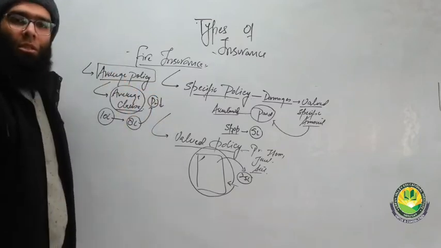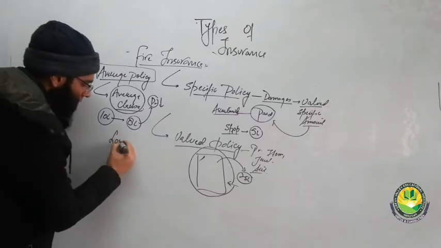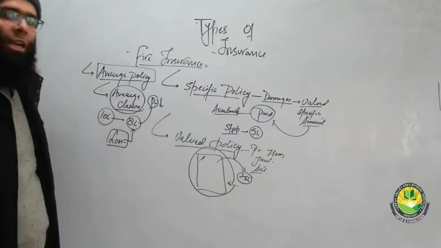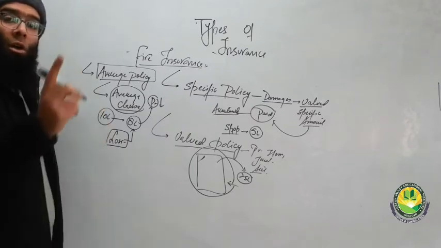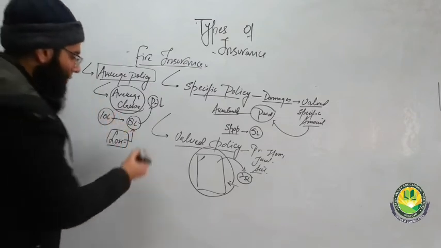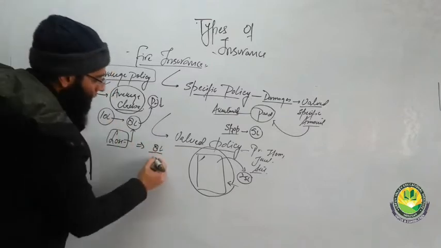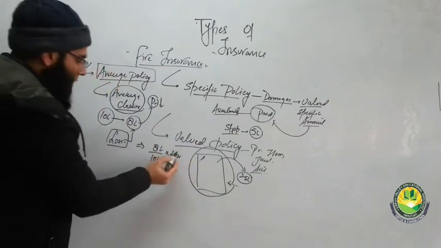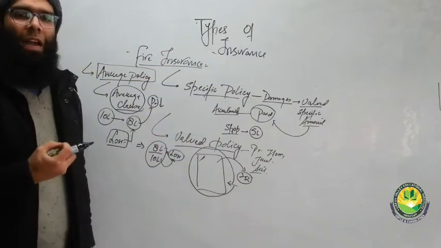So what does this average policy or average clause do? If you have suffered a loss, you know that the maximum amount that is insurable is 8 lakh, even though the value of the property is 10 lakh. You will not get the sum of rupees 8 lakh as compensation. You will get less than it. For example, what is the insurable amount? It is 8 lakh. And what is the value of the policy property? It is 10 lakh. So whatever the loss is, this average will reduce the amount of compensation that will be paid.